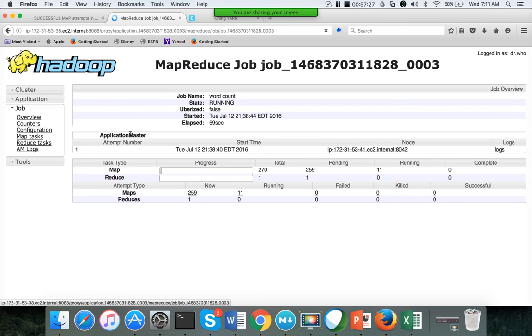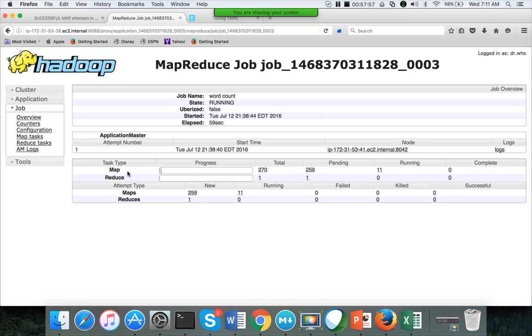Okay, here you can see this job requires 270 mappers, and it is only using one reducer to do the word count later. So this job will actually fail as part of the reducer phase, because it will try to do too much, but that is fine. Here you can see the total capacity required for this job is 270 until the mappers are completed.